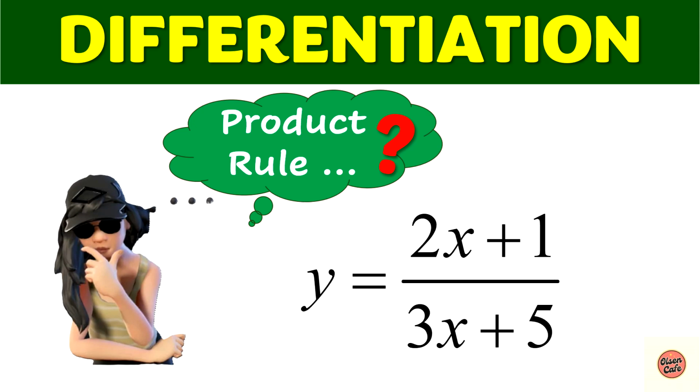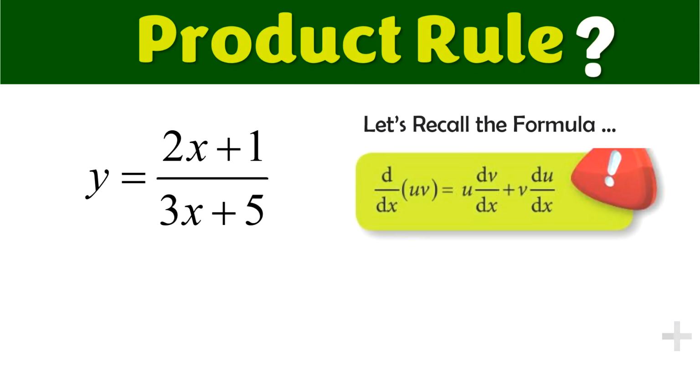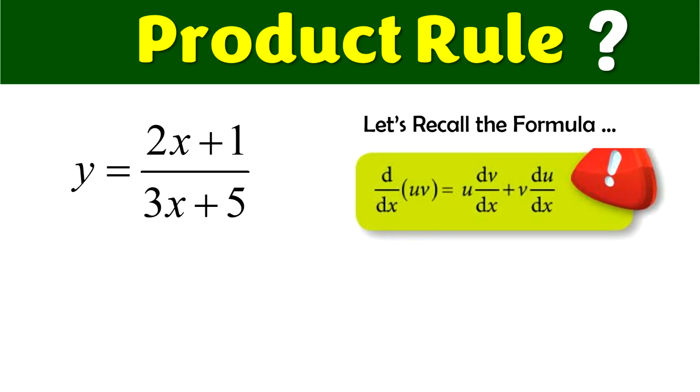When given a fraction like this, will you apply product rule to find the derivative? Well, you could rewrite it as 2x plus 1 multiplied by 3x plus 5 to the negative 1, right? So you simply move the denominator and bring it up to the numerator by changing it to the